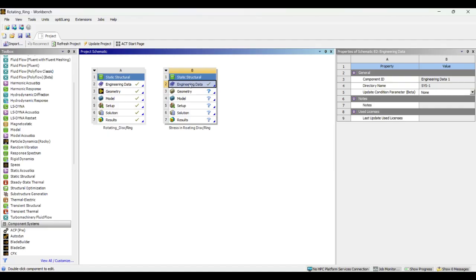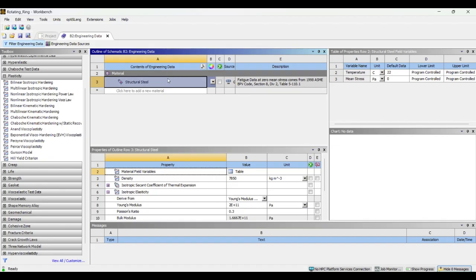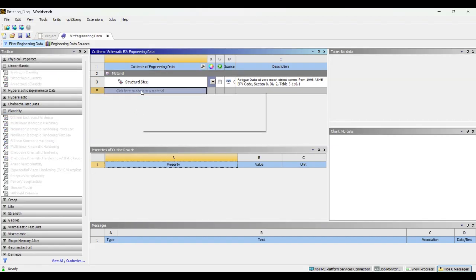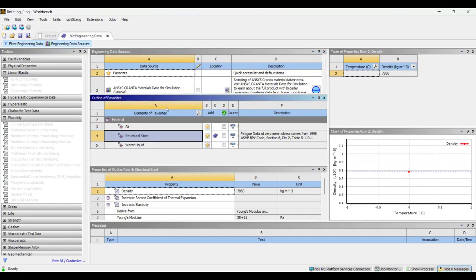Now, if you want to set up a material property, you can go here and double left click engineering data. And then here you can right click where it says click here to add new material. If you right click and then left click engineering data sources,